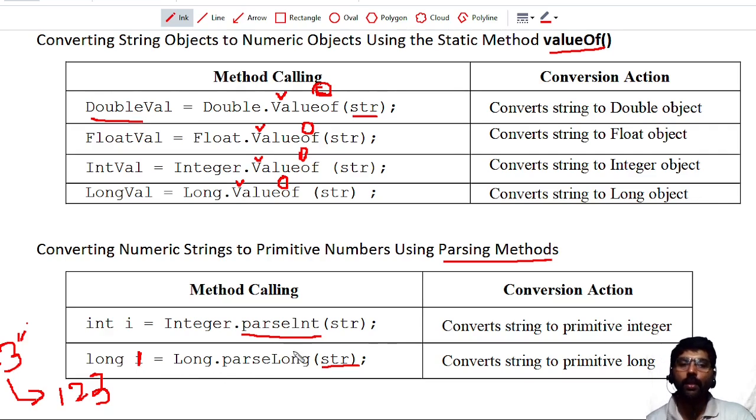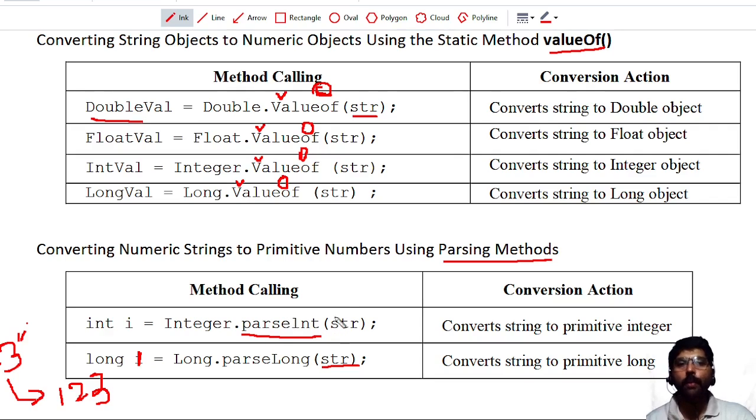There is no method for floating value or double value, just like parseFloat, parseDouble. Such type of method is not available. We are using some other techniques to convert string to float. String to integer type of method is used whenever you read some data from a text box. It is in the form of string and you have to perform some calculations on that number. Then you have to use parseInt. I will show you the demo here in the next video.